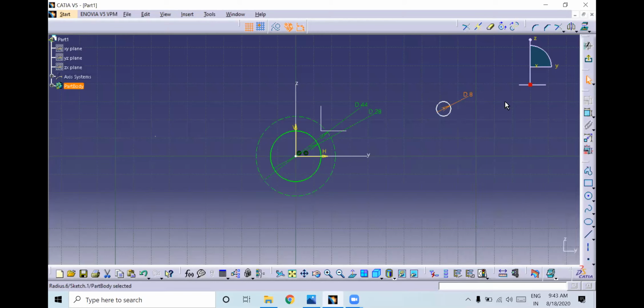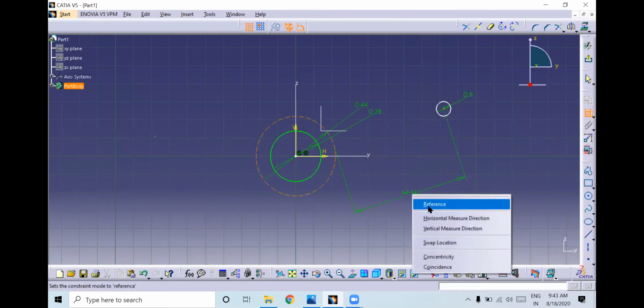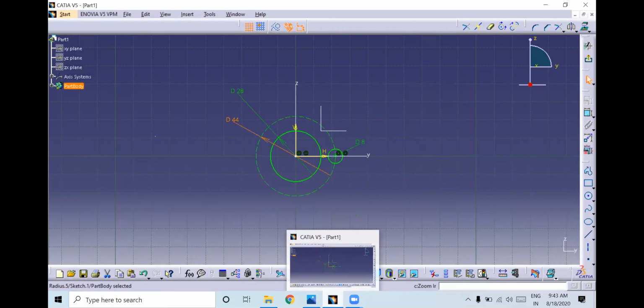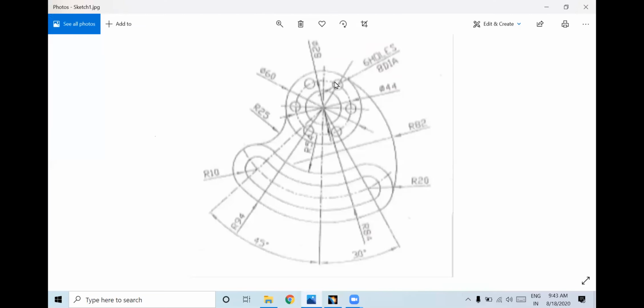Okay, good. Next select this, select the center point, select the circle and make it coincident. I am showing you this example, or else you can directly select here and create it. It will constrain. Again, select this, select the center point, right click. Now you need to check again. See, iso constraint. Only if it comes iso constraint should you go further and create the next profiles. So how can we create the other profiles? See, here we have how many holes?